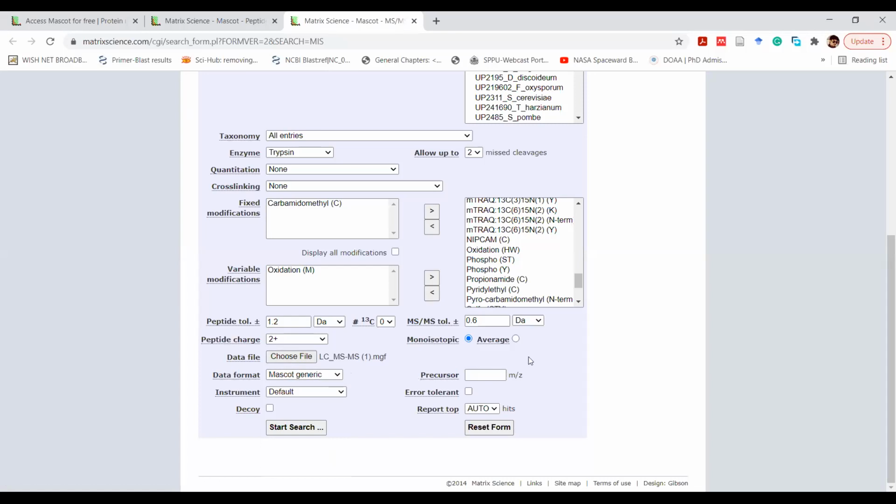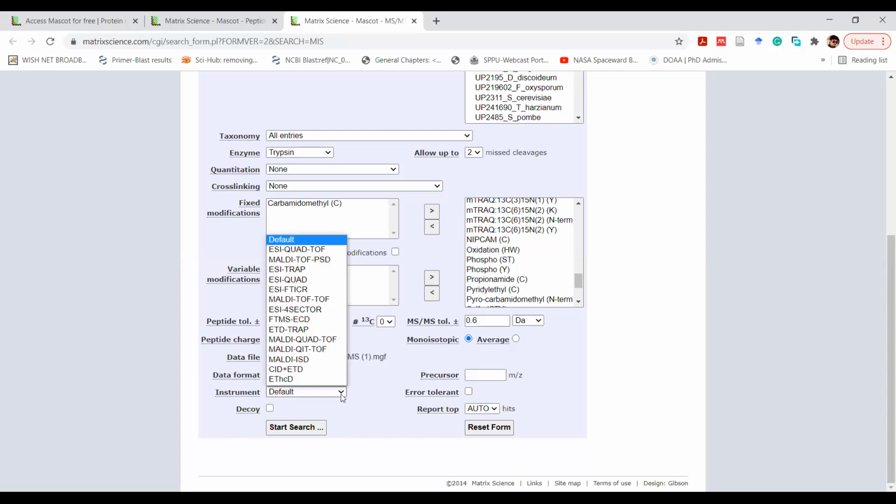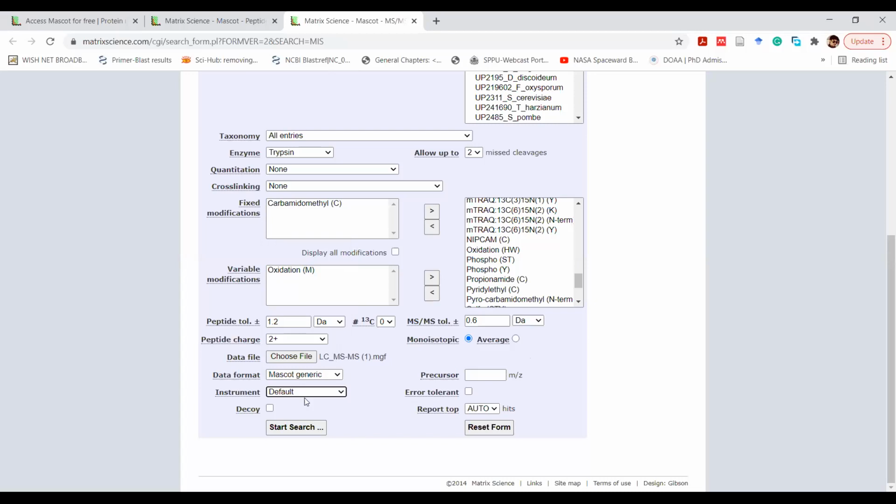And precursor, again, if you know it's a known sample or something like that, you can put the precursor. Otherwise, we don't. Again, instrument, if you know the instrument which you have done it with, you can put it. Otherwise, it's okay if you don't. The next step is whether you are doing the decoy database or not. Generally we do.